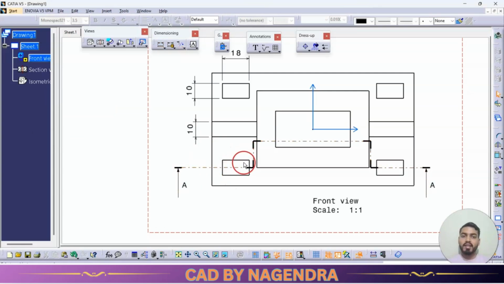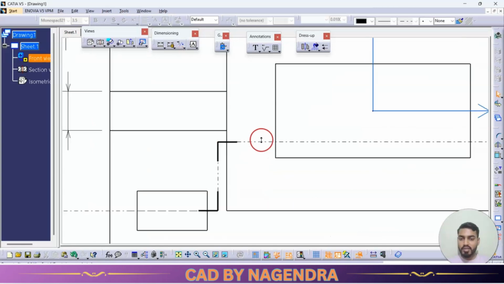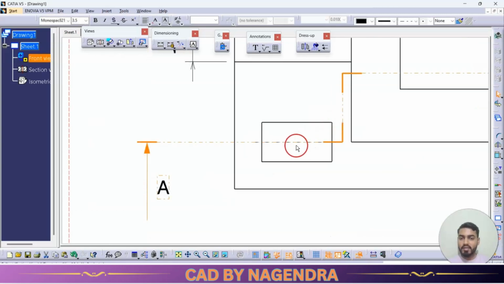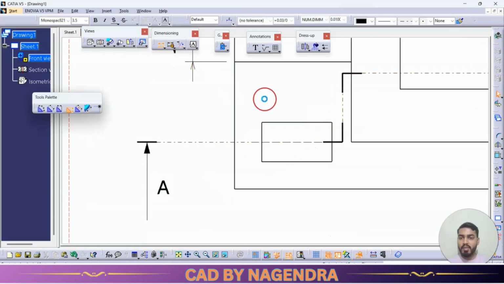To create that center line, as we have discussed in tutorials, under dress up we will have the center axis line here. Click on axis line. We need an axis line between this and this. So you can see one line is created here. Now you can go for dimensioning. We need a dimension from this line to this